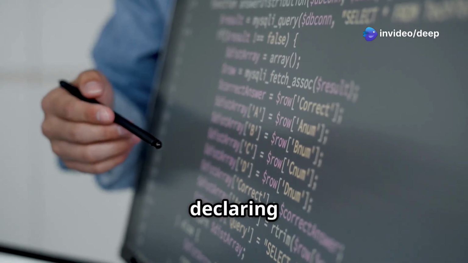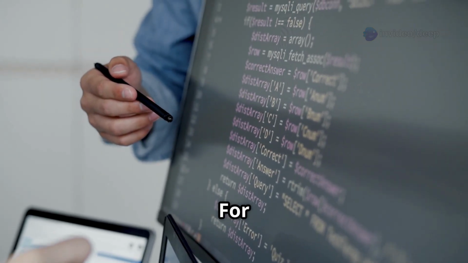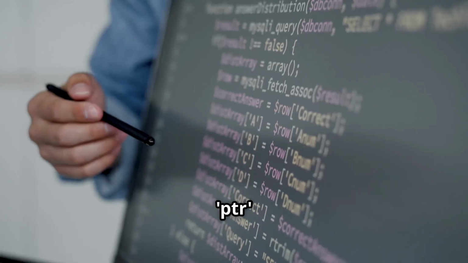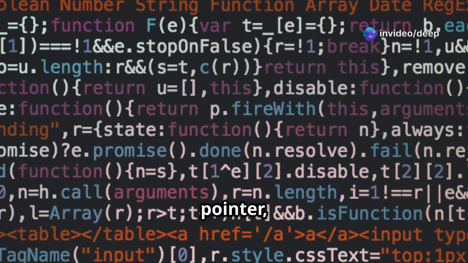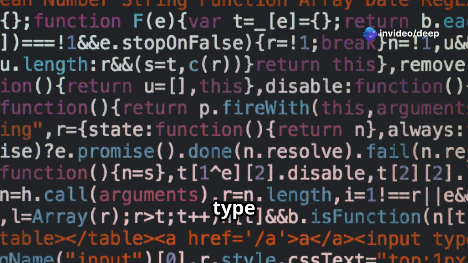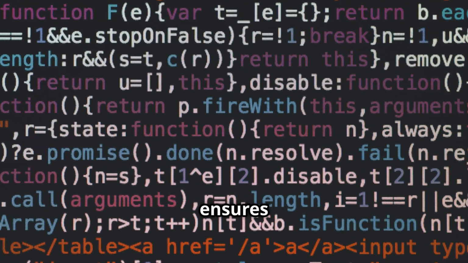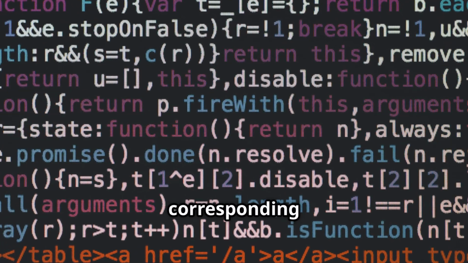The syntax for declaring a pointer involves using an asterisk before the variable name. For instance, int *ptr declares a pointer named ptr that can store the address of an integer variable. The type of the pointer, in this case int, indicates the type of data the pointer is intended to point to. This type association ensures that when dereferenced, the pointer accesses the correct amount of memory corresponding to the data